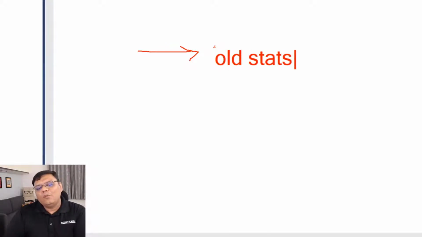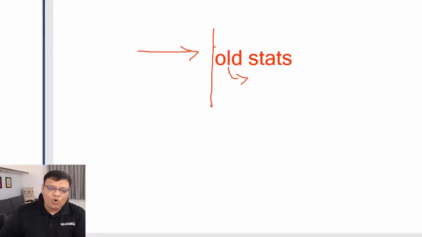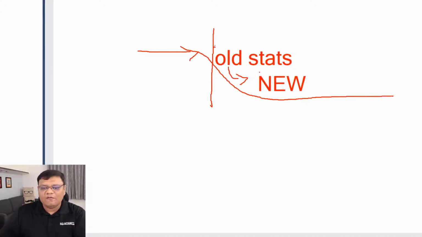So when the new query comes over here, at that time it finds that I have old statistics. So what does it do? When it finds old statistics, query has one way. Query will wait here, and it will update old to new. And once the old is updated to new, query will continue to work with the newer statistics. This is how it previously used to work.